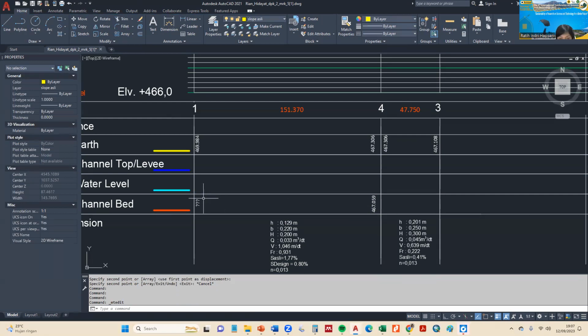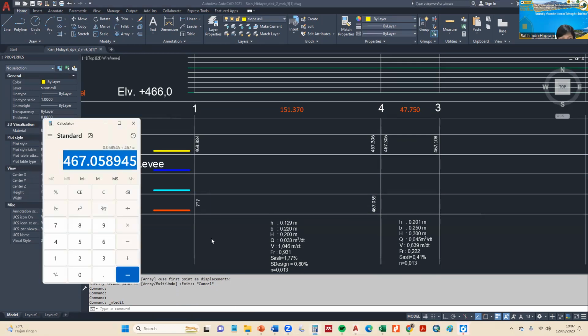How much is the elevation here? How to calculate? We have to multiply S design 0.8. This is 0.8 times 100. 0.8 divided by 100 because of percent, and times 151.37 times the